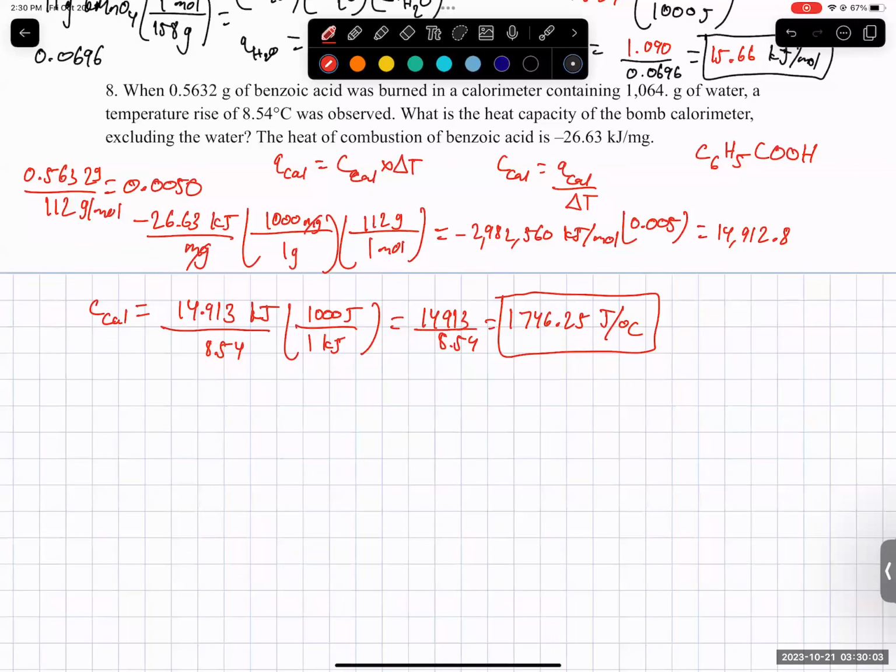That's 14,913 joules. Are we talking about this one that I marked right here? Oh, no. This is in kilojoules. Yeah, but you guys still have this there. This is not my day today. Yeah, that doesn't go with those. So this value should be 14,912. So 14,912.8 divided by 8.54